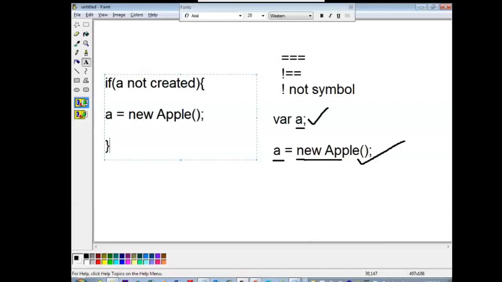How to make the A global variable? This dot A. How to make the variable global in JavaScript? This dot A. Yeah, this dot. Not created.